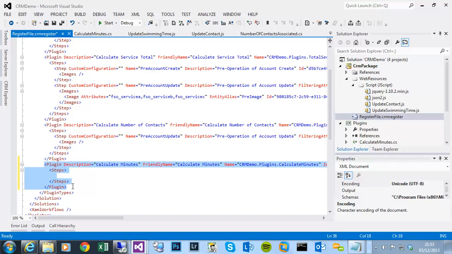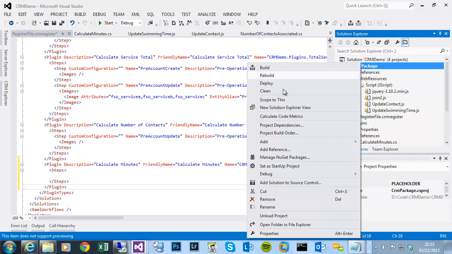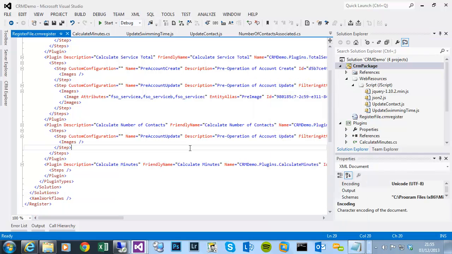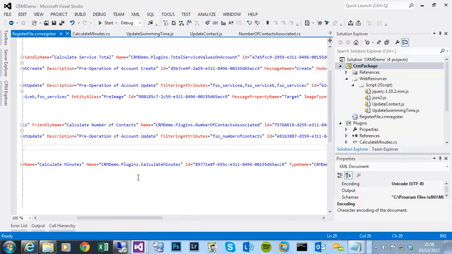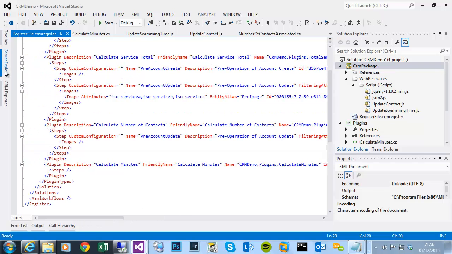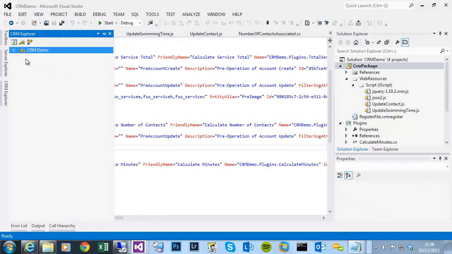So that should be sufficient to register that. So if I deploy, okay, that's now deployed. So we can see the additional GUID,